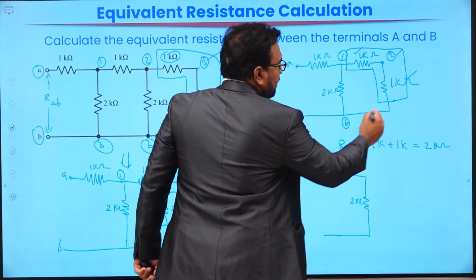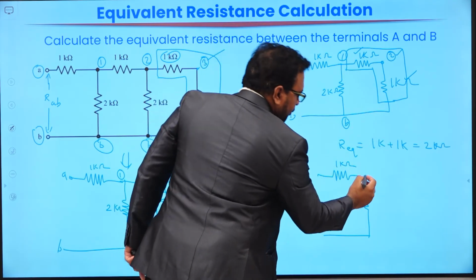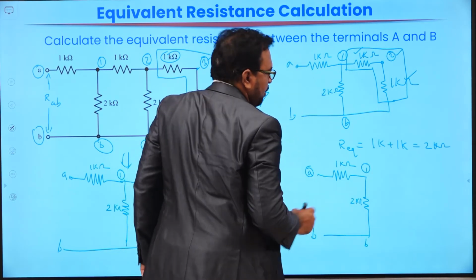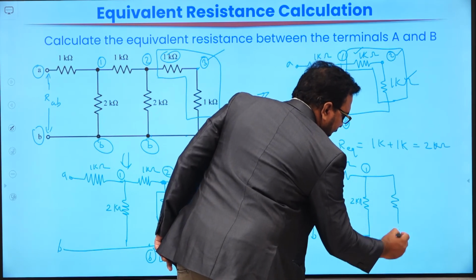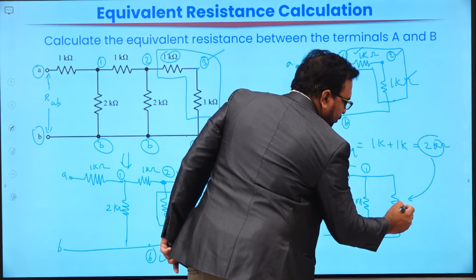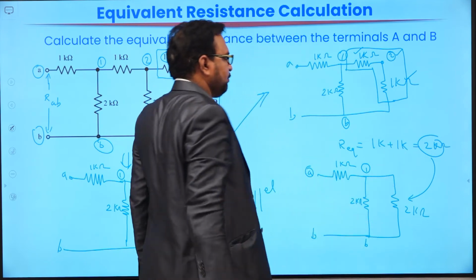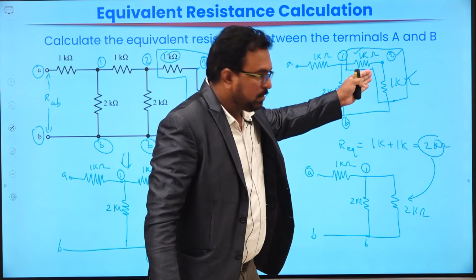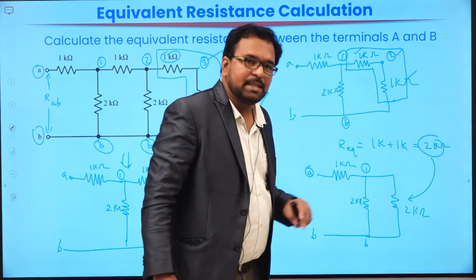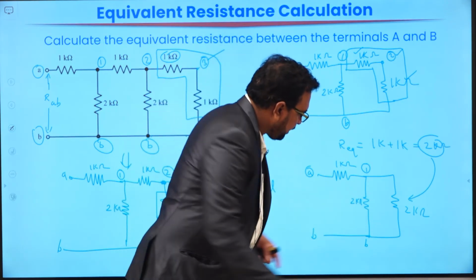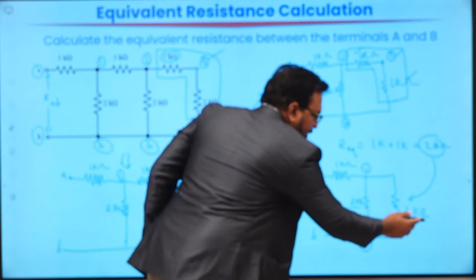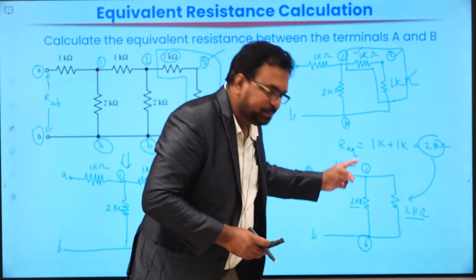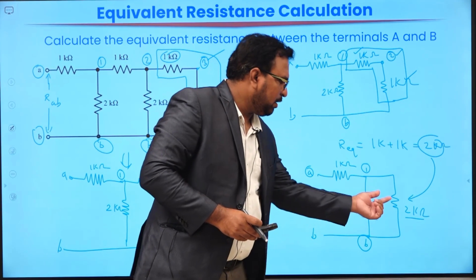And these two resistors are connected in series between 1 and B. So this is 1 and this is B. So in between this 1 and B we are going to place the equivalent value 2 kilo ohms. Okay. So we are going to remove these two resistors that are connected in series by its equivalent value 2 kilo ohms using a single resistor. In this circuit again, if you observe, the 2 kilo ohms and this 2 kilo ohms both are connected between two nodes only. Those two nodes are nothing but 1 and B. That means these two are in parallel.